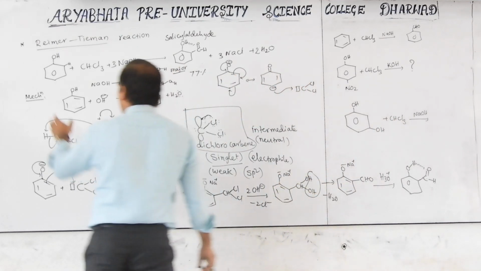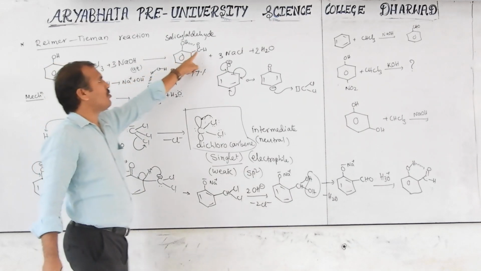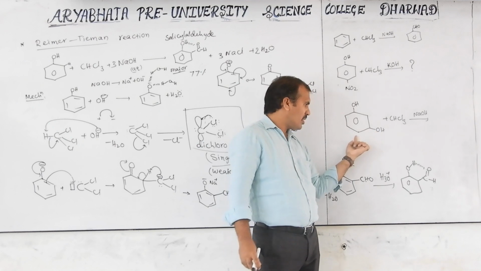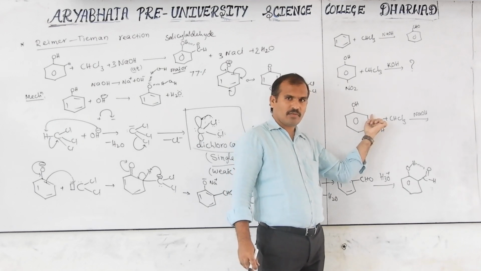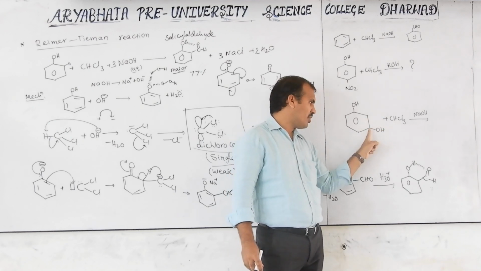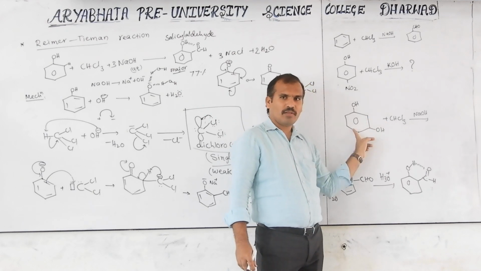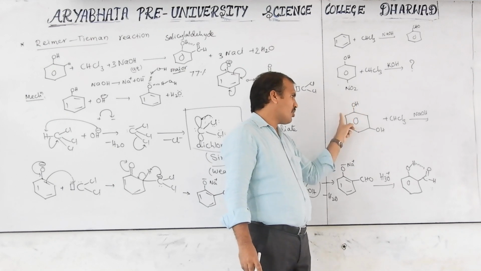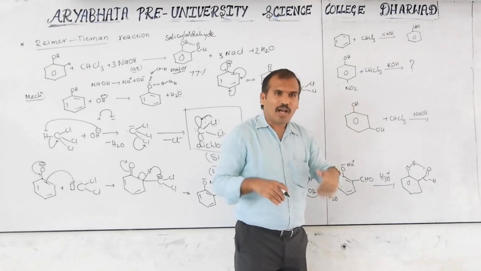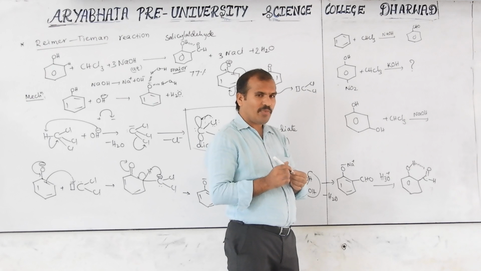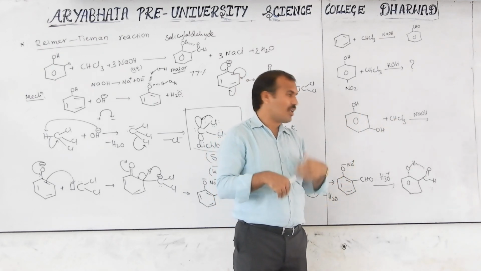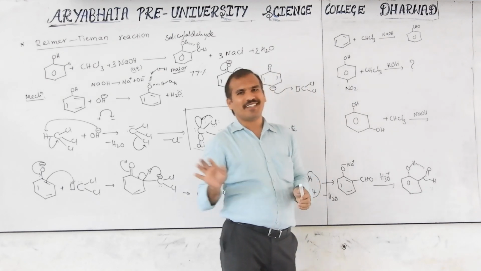See, here OH is there, means at the ortho position CHO comes. Now, this ortho position, this one also, this one also. Because the ortho position is the first position, this is the second position. Then here also possible, here also possible. If it is OH, means its ortho positions, these two. Then how many CHO will come into the product? 1 or 2, how many products form, that we have to decide.